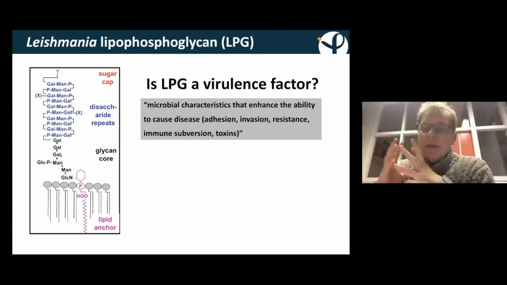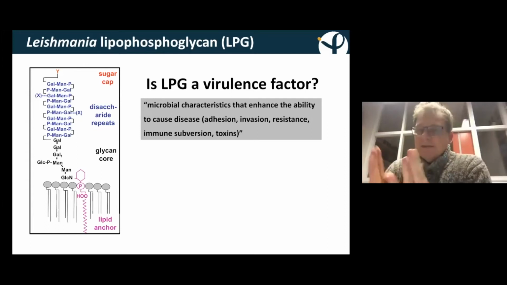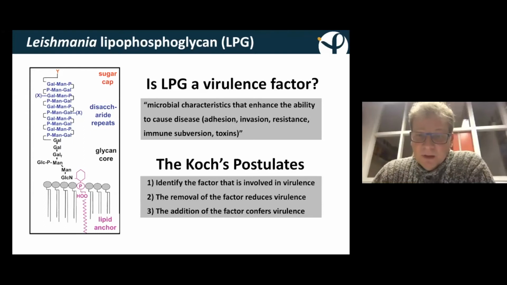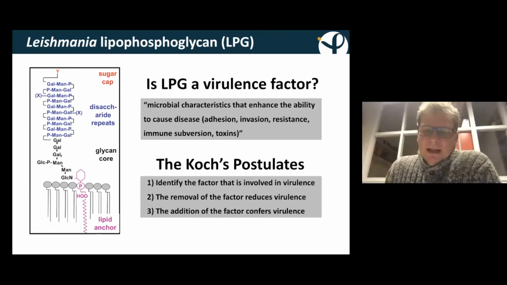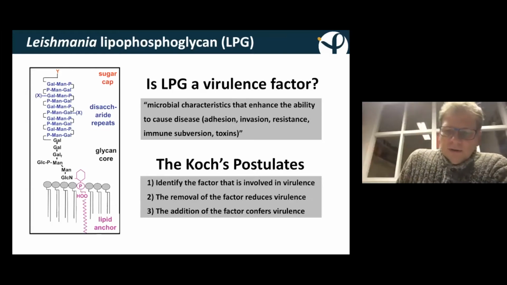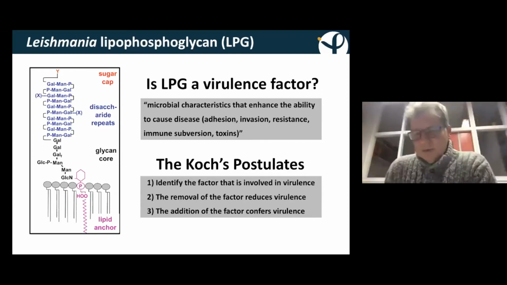But how can we make sure that we really can define this as a virulence factor? And there we have what we call Koch's postulates. Now, Koch is a very famous German microbiologist, Robert Koch. He lived more or less at the time of Louis Pasteur. I think they were pretty much competitors, just like sometimes it's still today. And so Robert Koch, this was at least 100 years ago, said, okay,